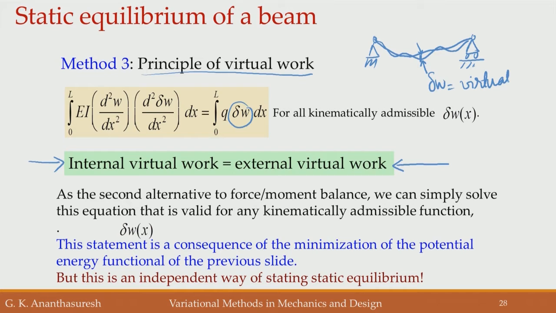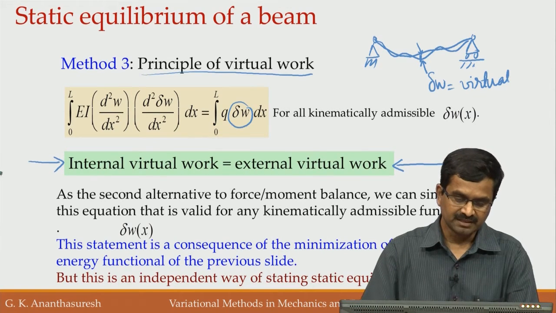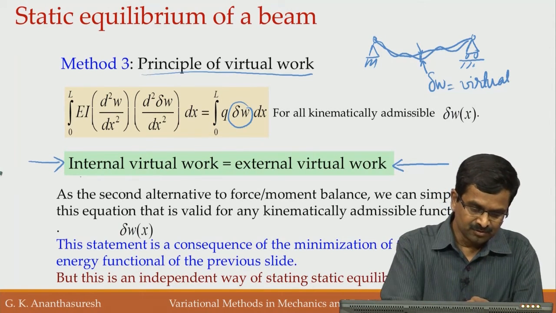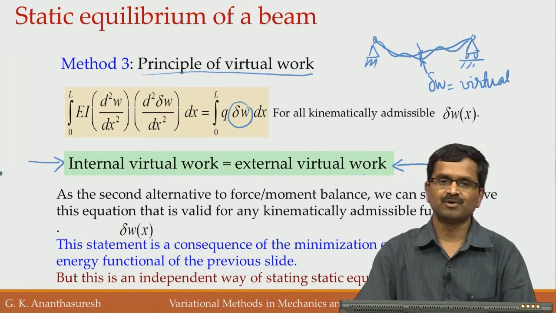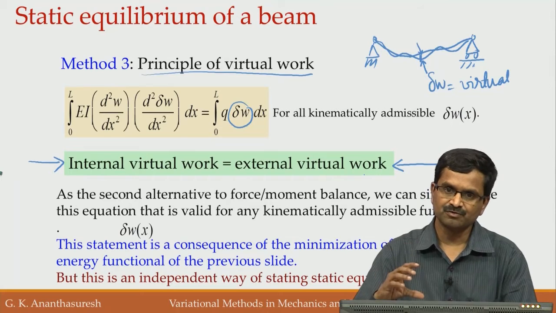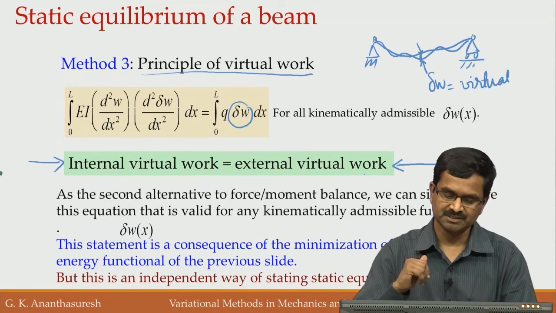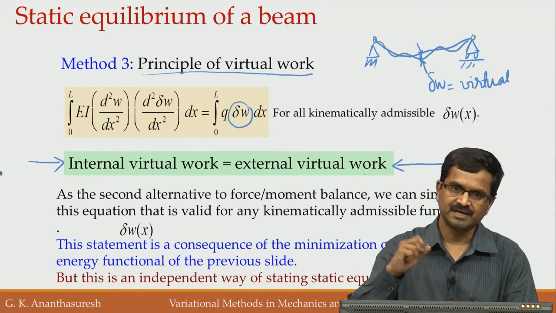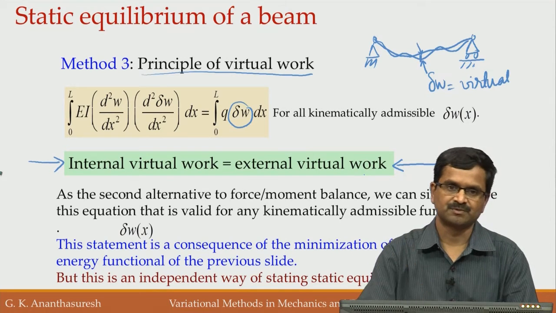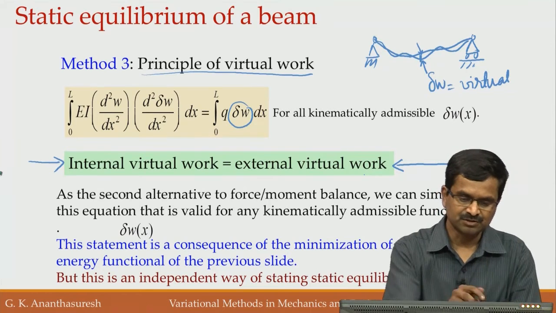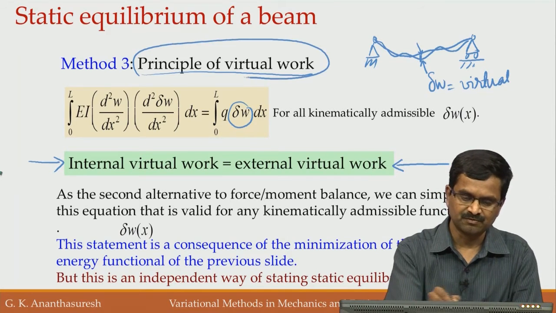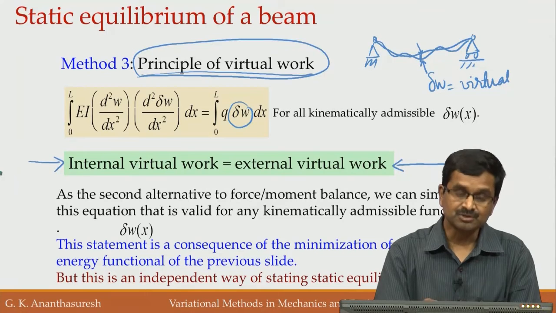You know that the beam has already achieved equilibrium, but you want to verify that. So, you imagine a virtual displacement around it, then you calculate the internal virtual work and the external virtual work. Internal virtual work is the work done by the internal forces over the virtual displacements, and external virtual work is the work done by the external forces over these virtual displacements. Now, when these two are equal, that is what the principle of virtual work says, and that also gives